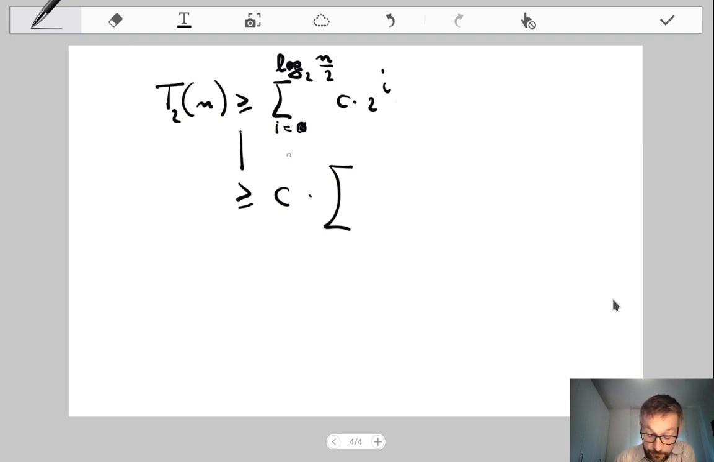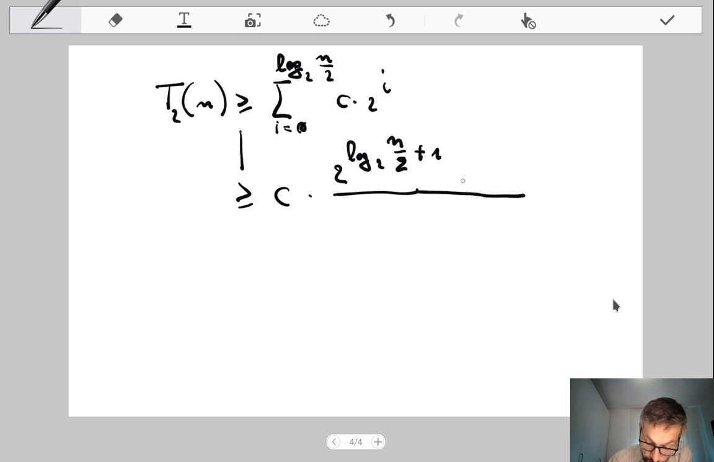This is a geometric series, so we can solve it simply by writing 2 to the power of logarithm base 2 of n divided by 2 plus 1, minus 1, over 2 minus 1. Okay, this is because this is a geometric series, of course. Now this is 1. Well, this is again more or equal than c multiplied by 2, and now of course I can rewrite this